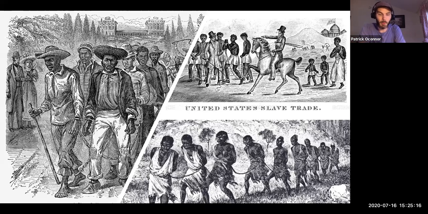In short, more enslaved people experienced forced internal migration during the generation after the American Revolution than there were enslaved people in the entire country at the time of the Revolution, right? There were 500,000 enslaved people in 1776. More than that suffered through this domestic slave trade,